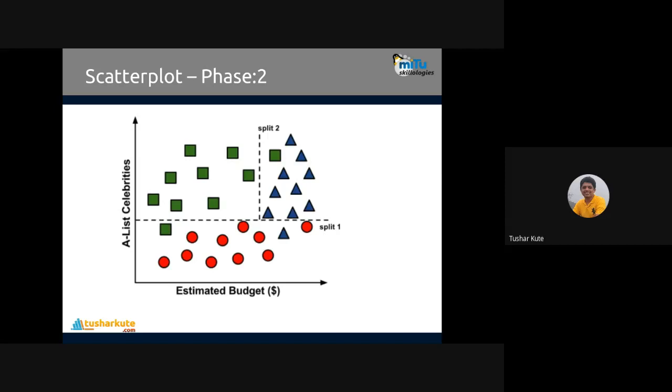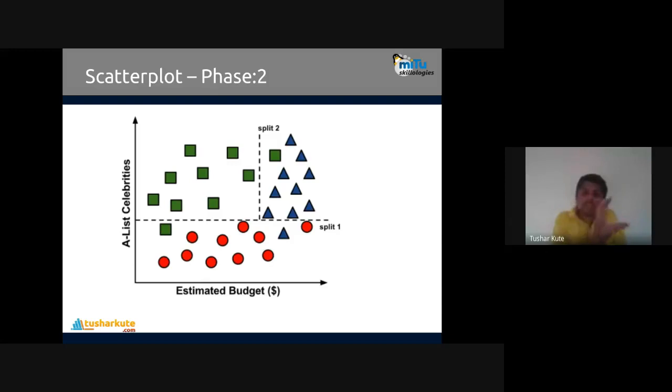Green contains two out. Red does not contain any out. Blue contains one out. Red contains two extra in, blue contains one extra in, and green does not contain anything extra. That's the plot we got. So two splits are done, and by that we have separated the classes. 100% is not achieved, but that's okay.